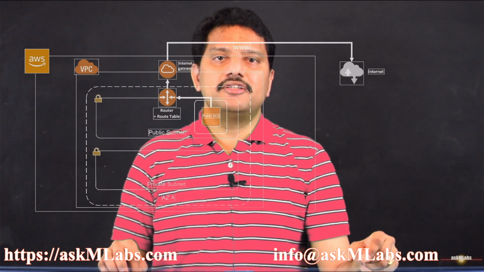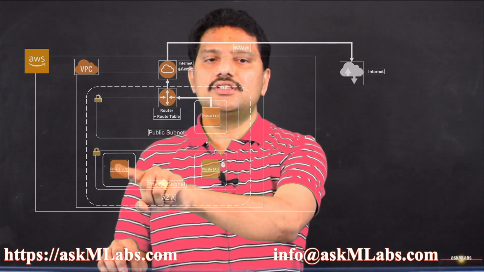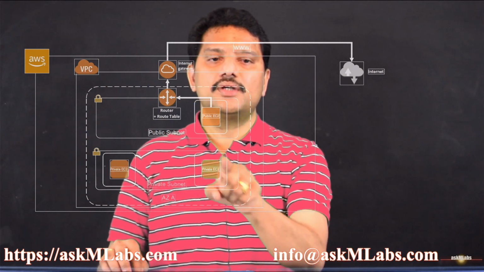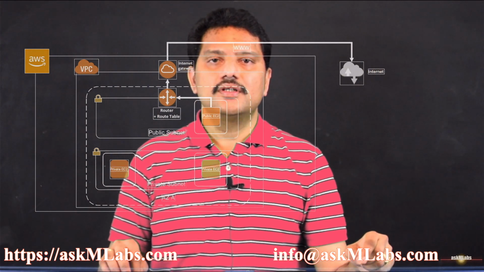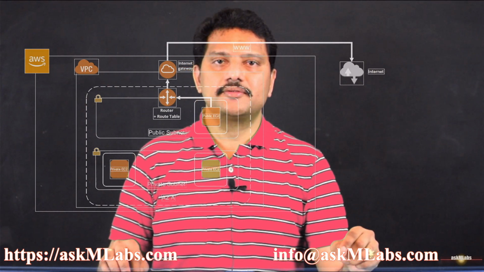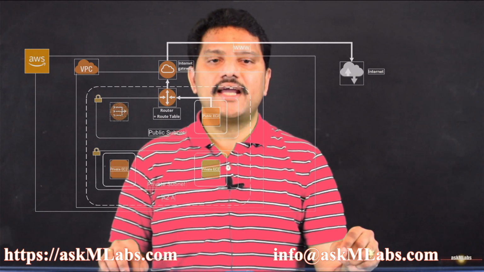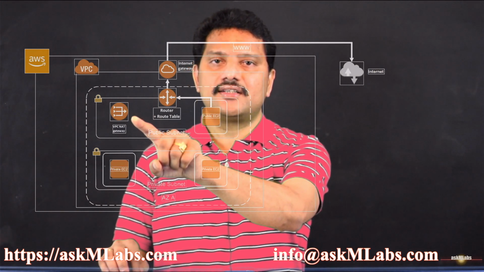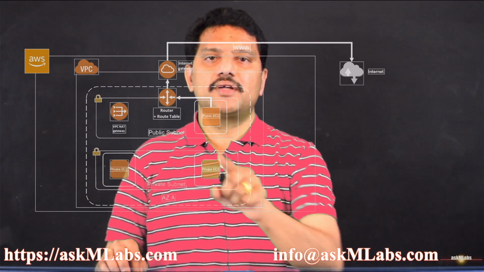Now let me define two more EC2 instances in a private subnet. So these are two EC2 instances defined in the private subnet. Now these two EC2 instances cannot directly talk to the internet, and no client from the internet can talk to these EC2 instances defined in the private subnet. So AWS is providing a different gateway called NAT gateway. This NAT gateway, Network Address Translation Gateway, provides access to all the resources defined in the private subnet to the